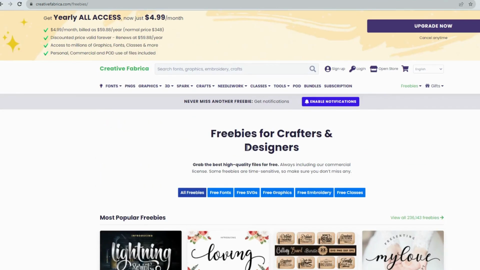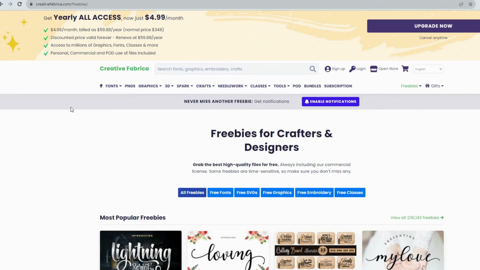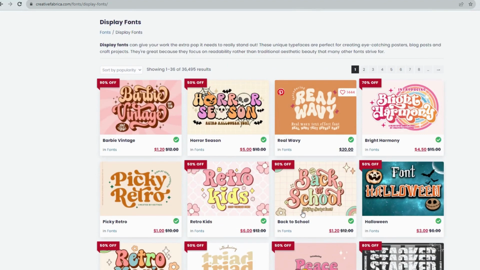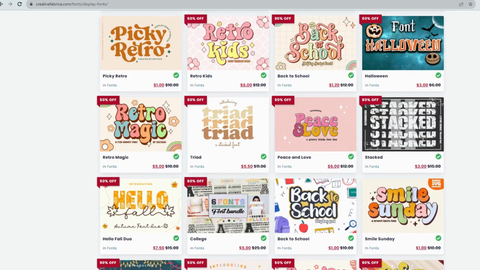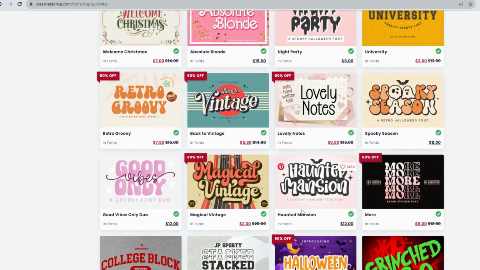So now what we'll do is I'll just show you how I use Creative Fabrica and some of the key features that I use. First of all, when we look at fonts, because there's so many fonts available, the best place to start with fonts is these display fonts, because the display fonts are those big fonts that really stand out or really pop if you put them on a t-shirt or on a tote bag. So this is a good place to start, to just have a look at some of the fonts that are